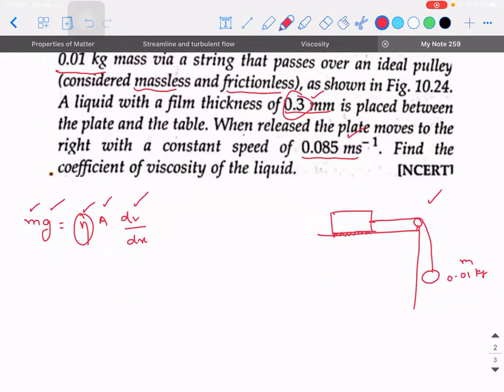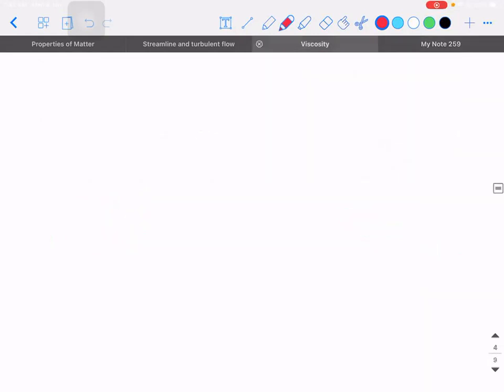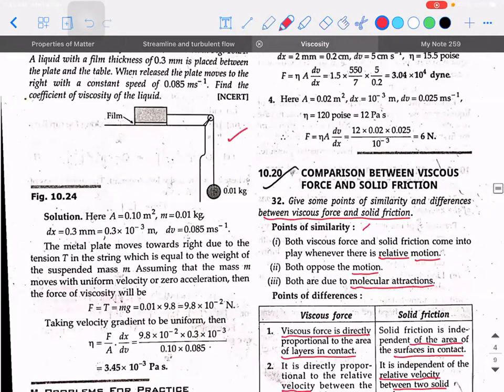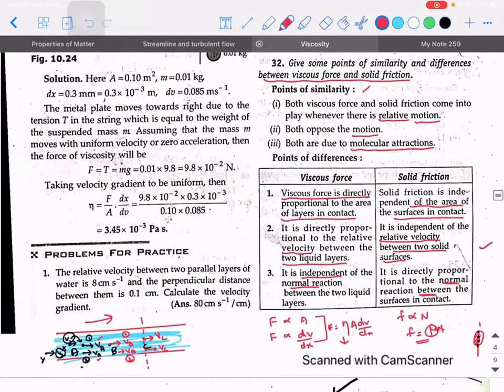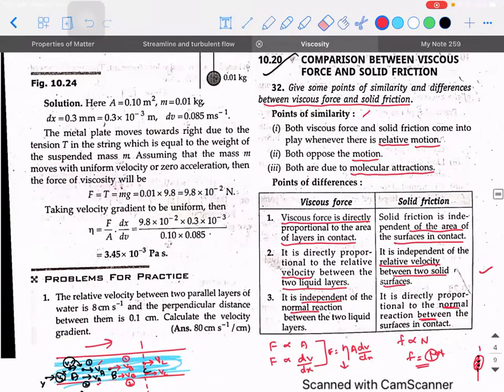Had the same problem been given in the other part of mechanics, that is in the case of friction, what you would have done is taken the frictional force and written that mg should overcome that frictional force. Correct? So it is something similar only. So this is the introduction of viscosity. And again, all these points are needed only for CBSE purpose. But if you know the difference, it is more than sufficient. So for understanding, I'll just read it out once. Listen to it.